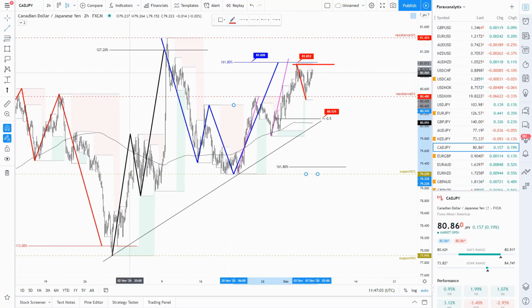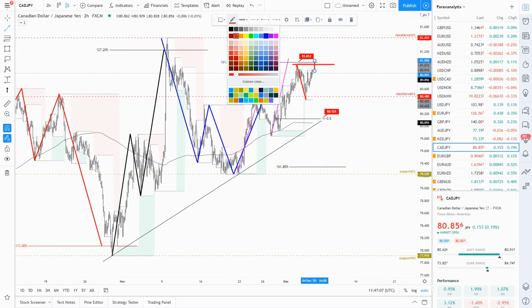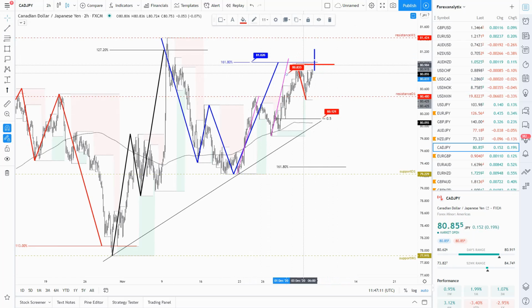So that means we will not be surprised with kind of double top here, and this may act as a next zone. Let's see how it will react, but I can expect that price zone to offer some pressure,